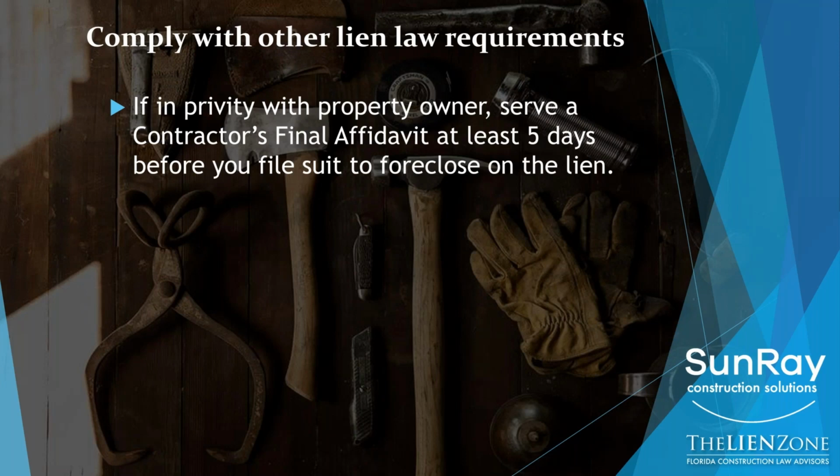You need to serve a contractor's final affidavit at least 5 days before you file a lawsuit to foreclose on your lien. Now, this contractor's final affidavit is a simple document, quite frankly, simpler than the claim of lien. It says you're the contractor, you list who the owner is, you describe the project by its address, you state how much money you're owed, and you list all of the unpaid vendors that potentially have lien rights. And this needs to be served, again, no later than 5 days before you file a lawsuit to foreclose on